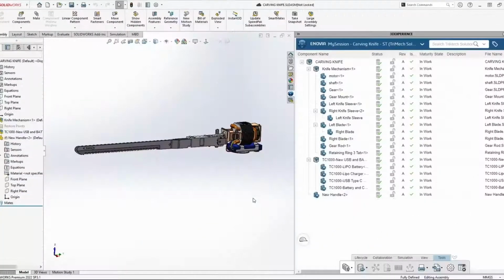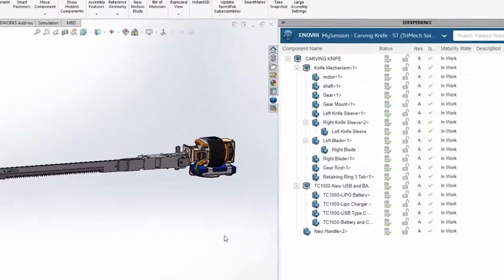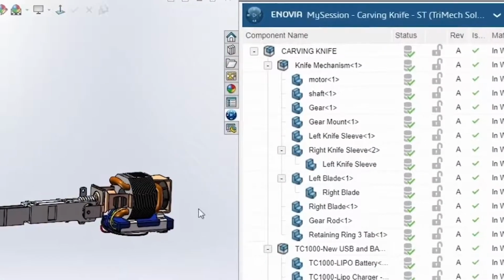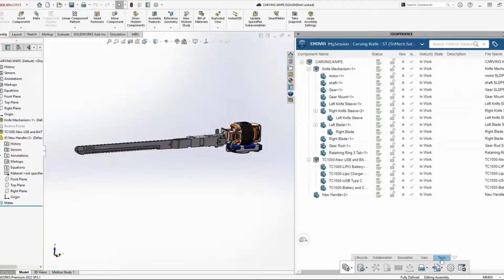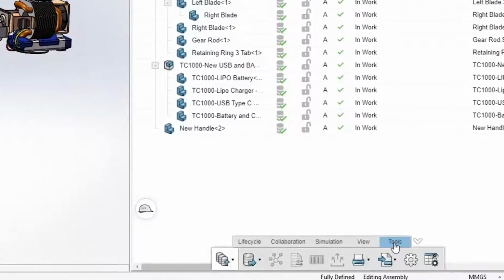In this video, I'm going to introduce the export as package functionality in SOLIDWORKS when connected to the 3DEXPERIENCE platform. So inside of SOLIDWORKS, when you have an assembly open, you'll navigate to your 3DEXPERIENCE tab on the right, and then down to the Tools tab at the bottom. From here, you have a drop down next to this button, where you can see Export as Package and Import